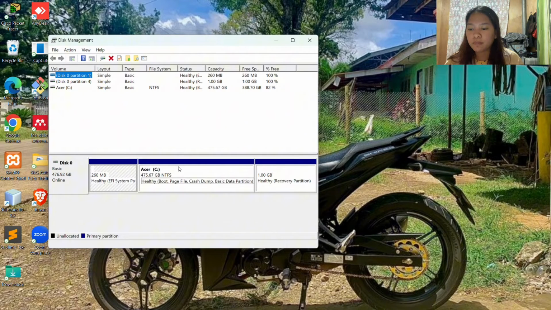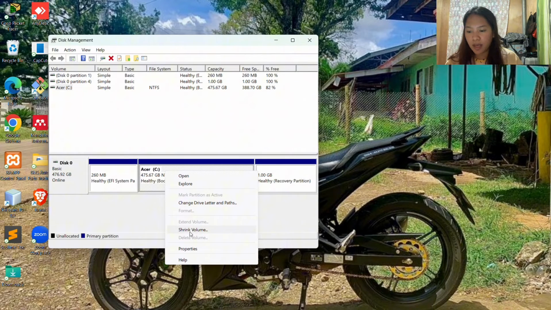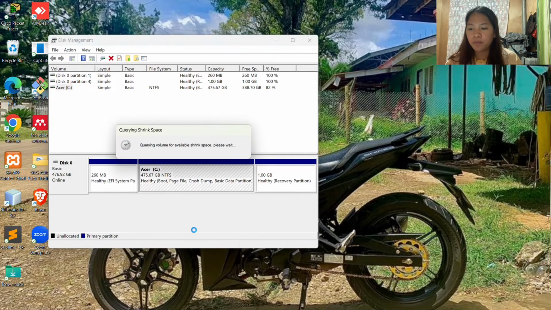So this Acer C that has the most gigabytes, we're going to right click and select Shrink Volume. After clicking Shrink Volume, it says querying shrink space. This may take time, so we're going to wait.